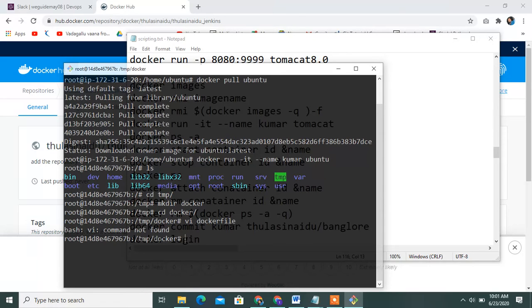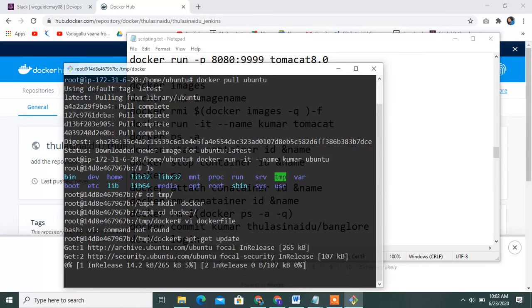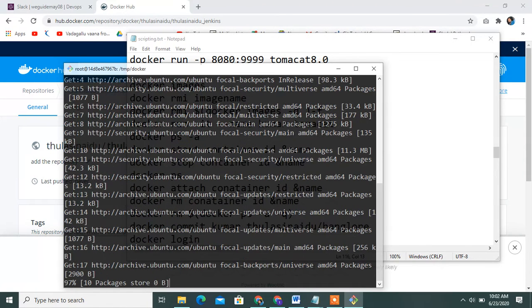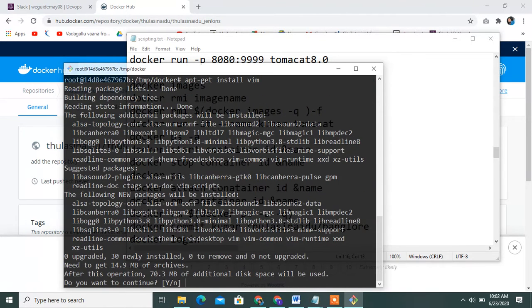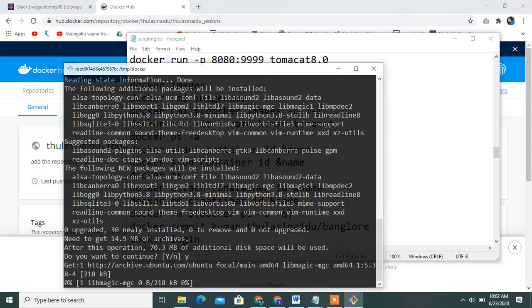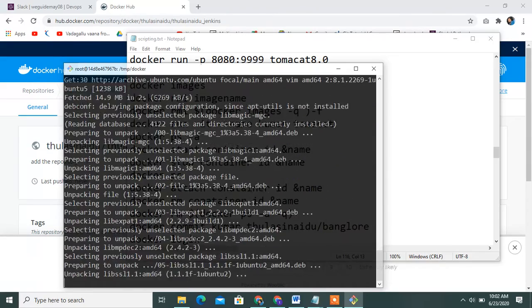First of all, install the vi command also: apt-get install. Installed successfully, the vi editor.